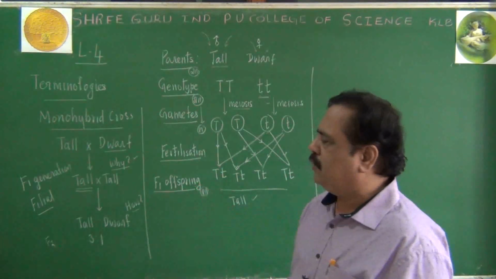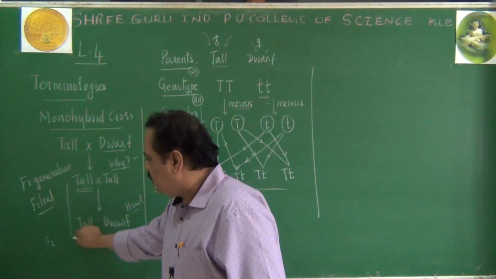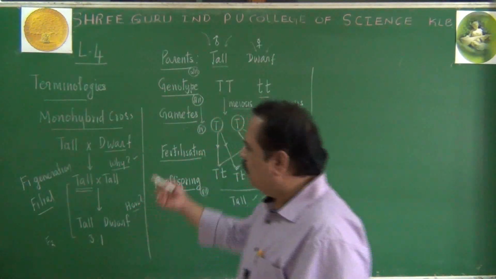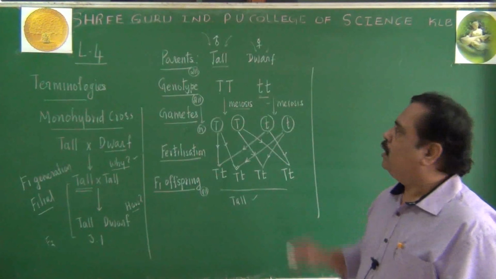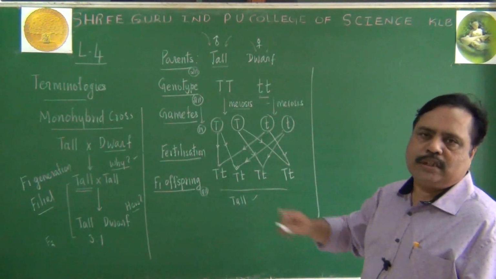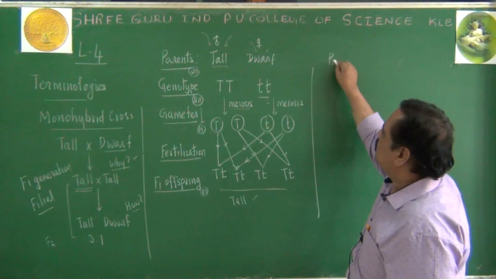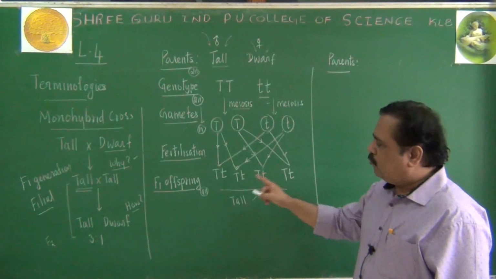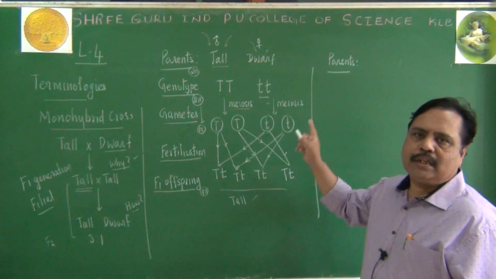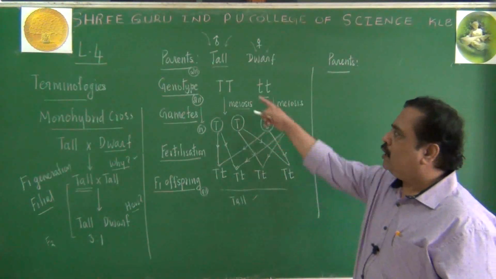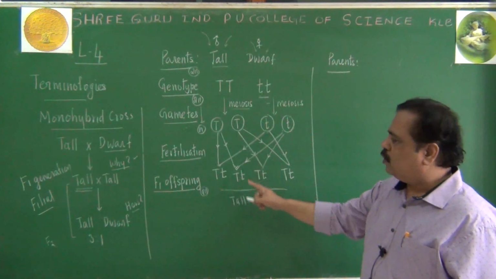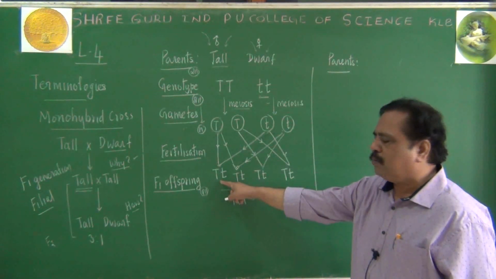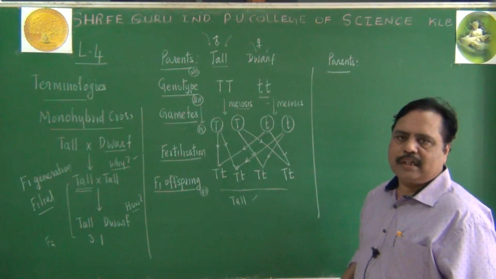This is the first generation we can see. Still I did not tell about this part of the experiment. The second generation we are going to discuss here. When we go for the second generation, again you have to follow the five steps. Let me write for the second generation what the parents are. Remember, again the F1 offspring will become the parents for the F2 generation. Not a new parent you are taking. Offsprings only will become the parent for the next generation. So this one can be taken as a parent, this one can be taken as a parent.